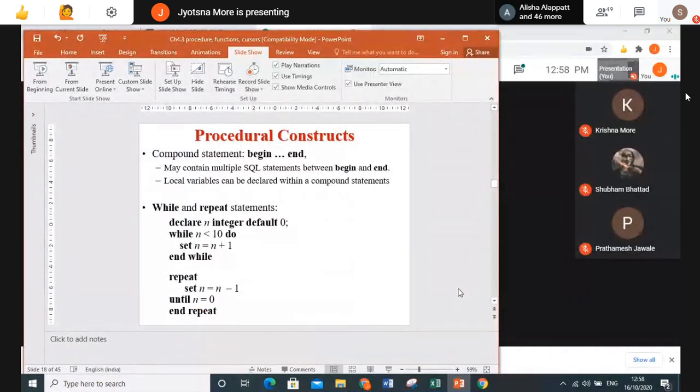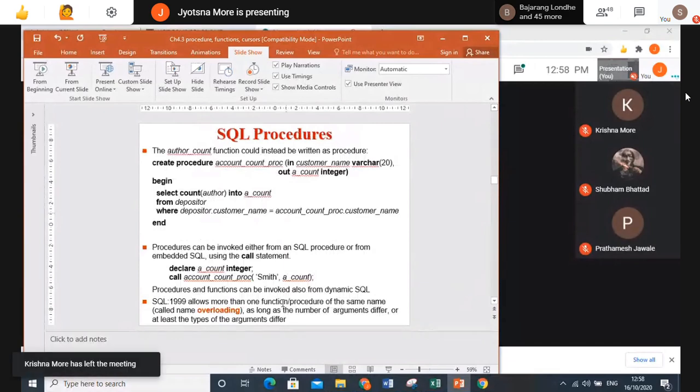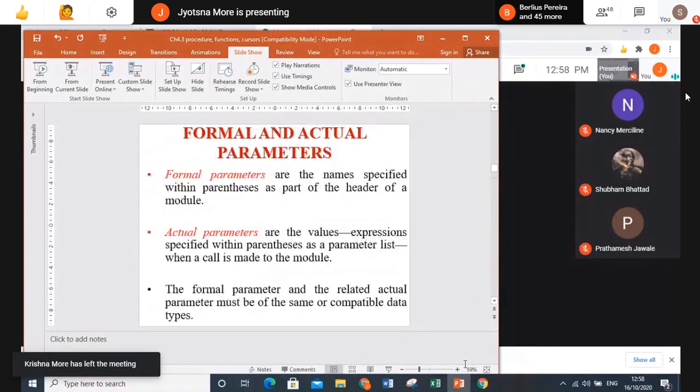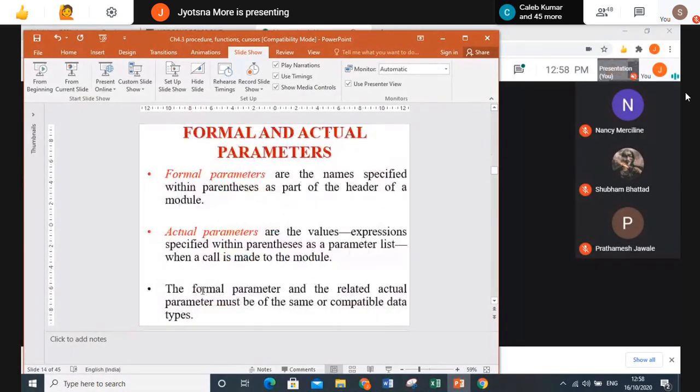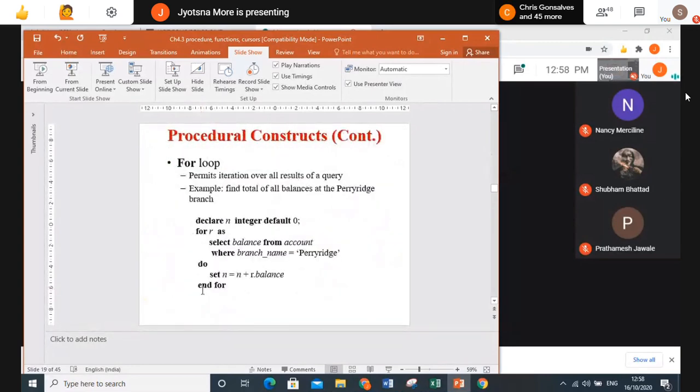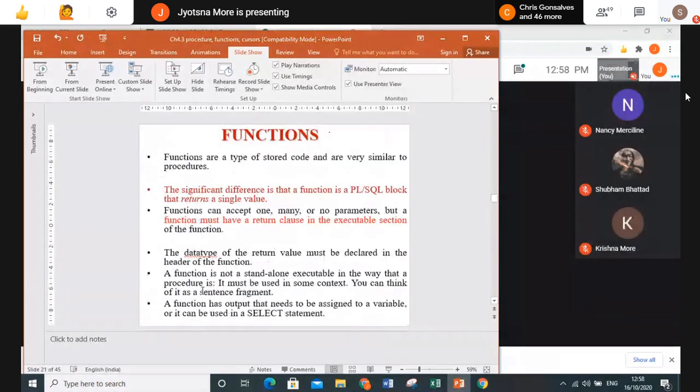These are some constructs which I said you can study by yourself. I just told you what things you can use for the procedure, that is, you can use while, repeat. It is not compulsory to use all of these; use them as per your requirement. Like in one of the examples, I think we have used if else. So it depends on whatever you require. It is not compulsory. Just go through the syntax. That is about the procedure. Shall we go ahead with the function?